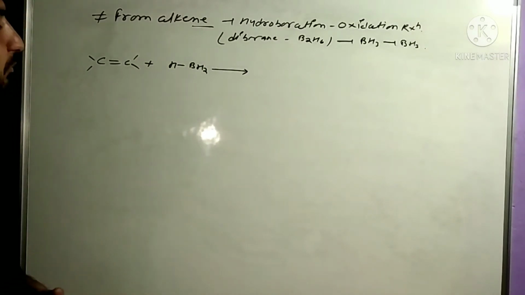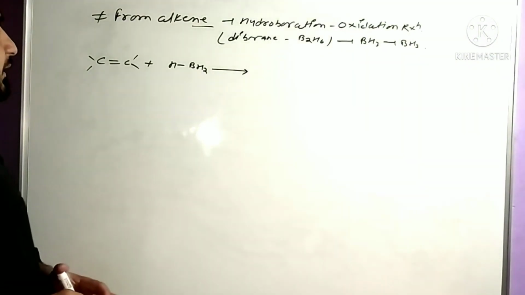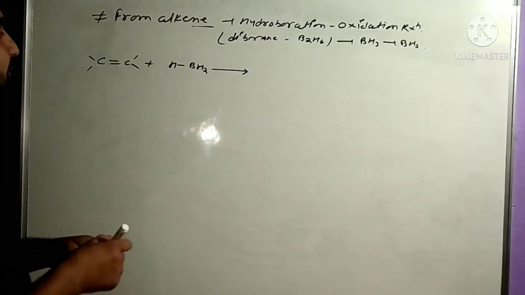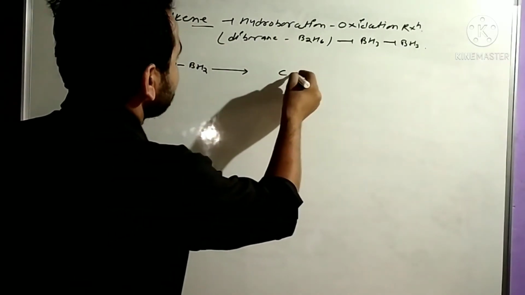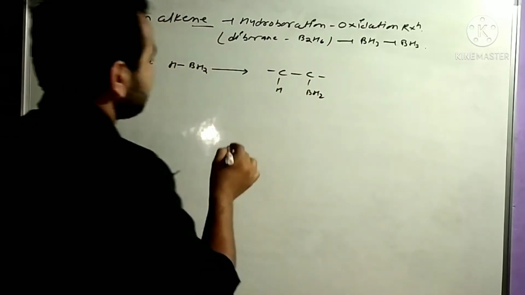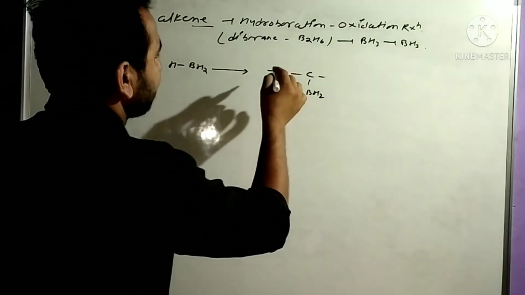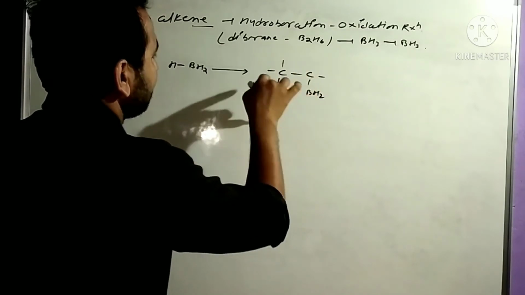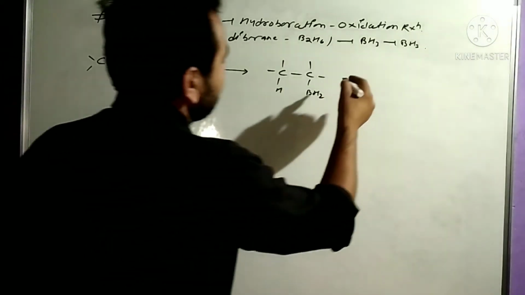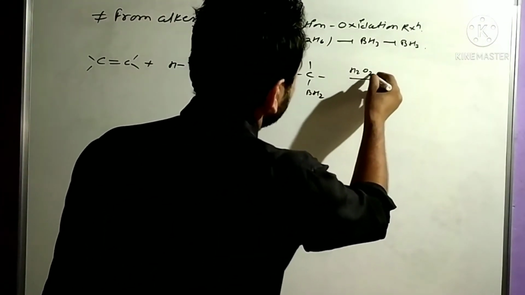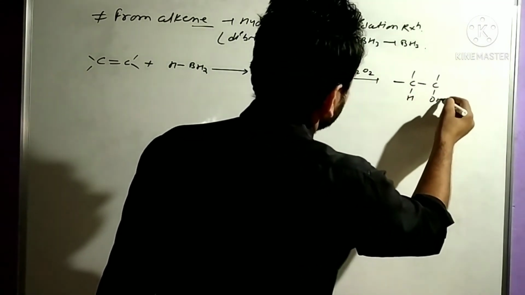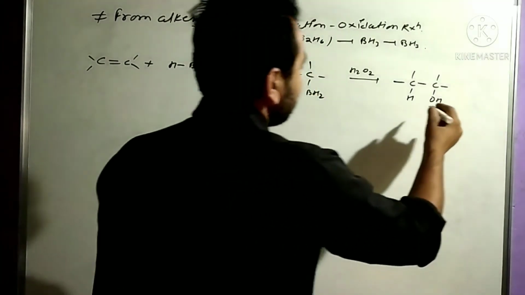Remember here one more thing. Now the part is same, so there is no fluctuation, so we can add in this manner CH BH2, and one is here 1, 2, 3 and 4 and 1, 2, 3 and 4. Clear? So again it's undergoing H2O2 and forming HOH. Theek hai. So you are getting here the alcohol.